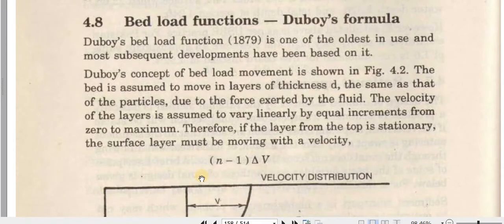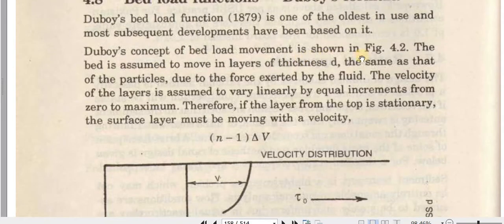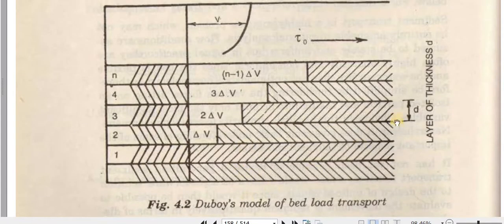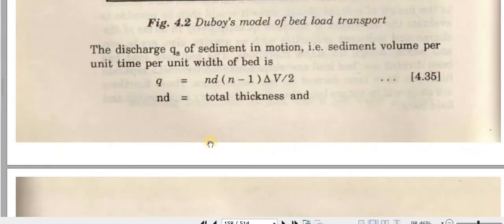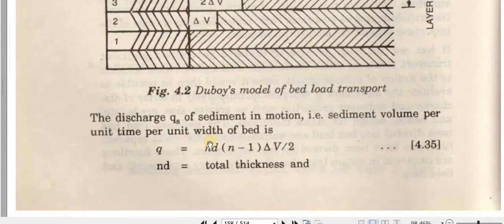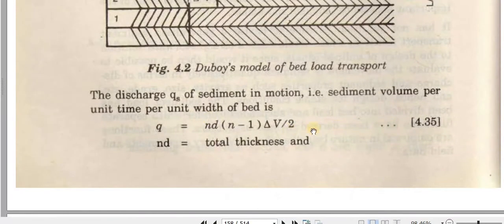For bed load functions, the first is Du Boys' equation. It is one of the oldest methods. He basically divided the bed load. The bed is assumed to move in layers of equal thickness D: the first layer, second, third, fourth, up to n layers, and the movement in upper layers will be more as compared to the lower layers. So Du Boys developed equation 4.35, where Q is basically the sediment in motion, that is, the sediment volume per unit time per unit width of the bed,